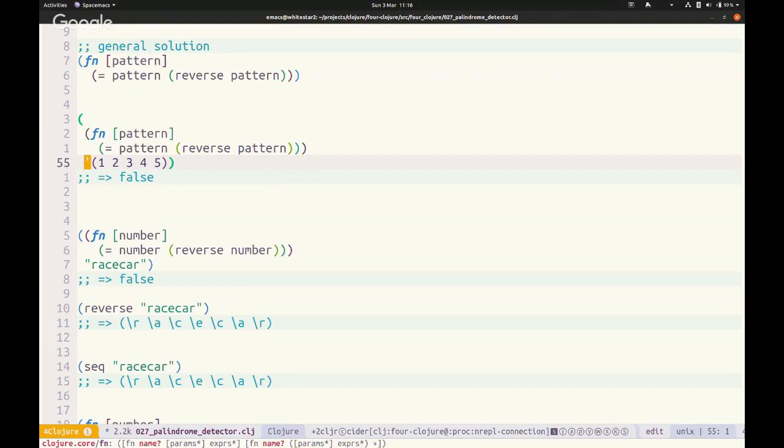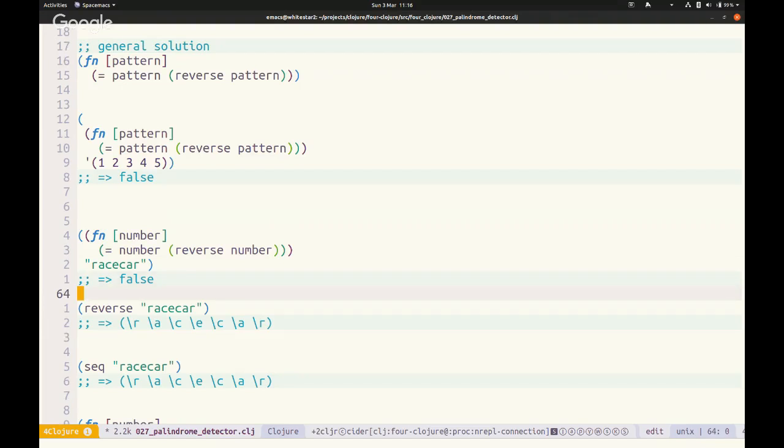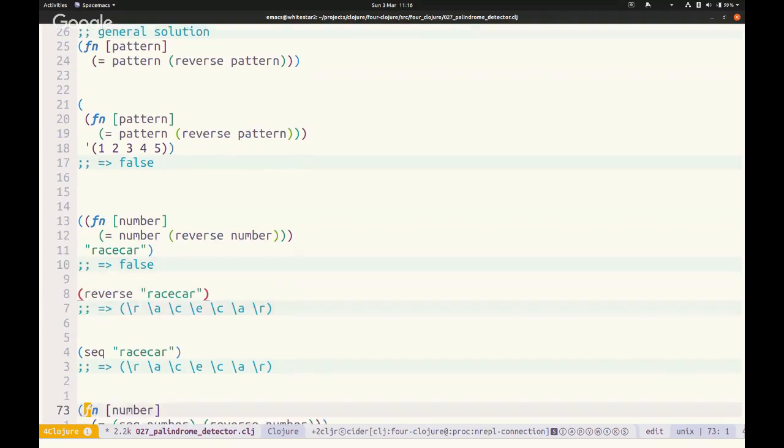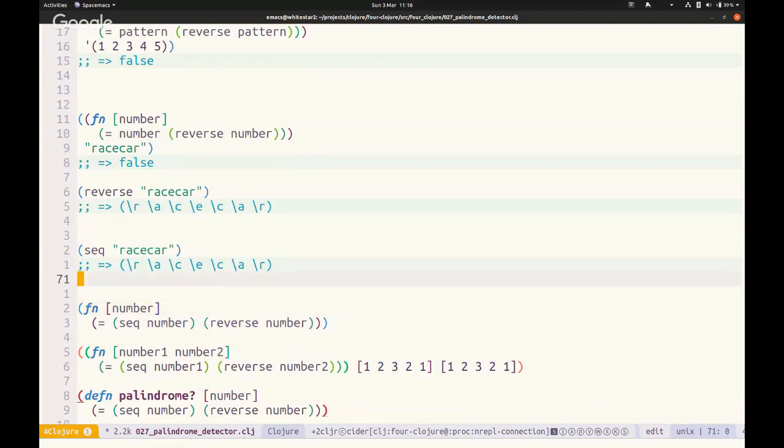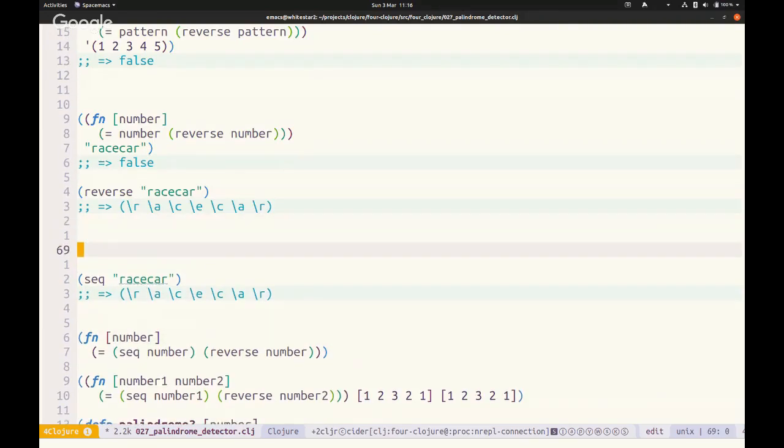And then it is returning false. So that works, but obviously if we do the same thing for race car, then it's not working. So we need to figure out a way to compare race car reversed, or reversed race car, in a way that doesn't change it to